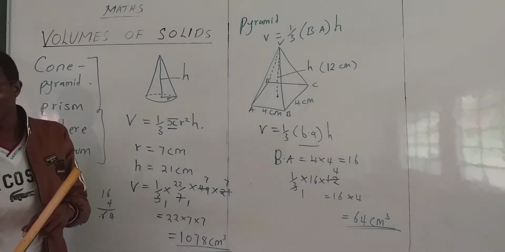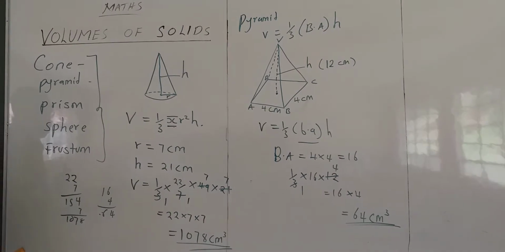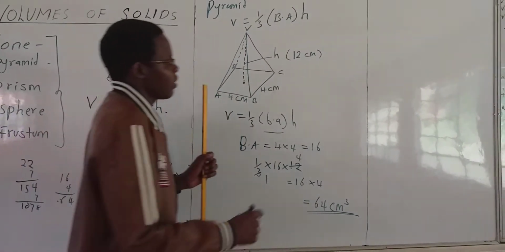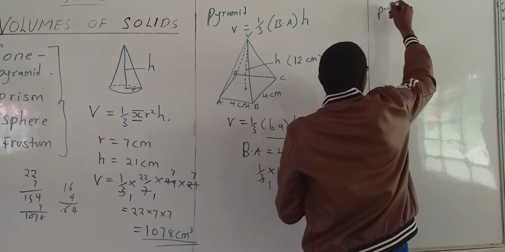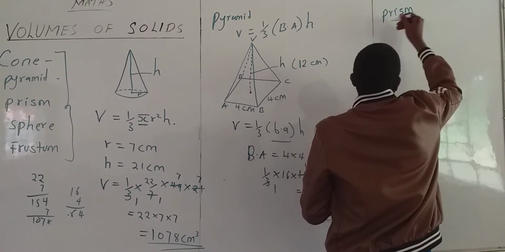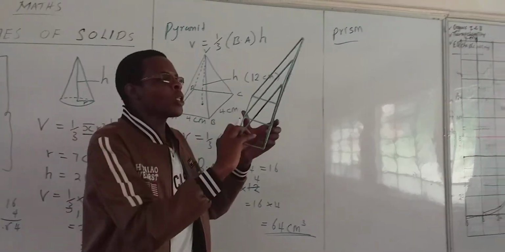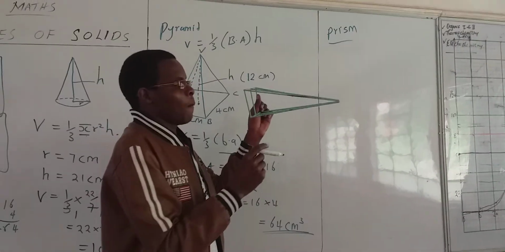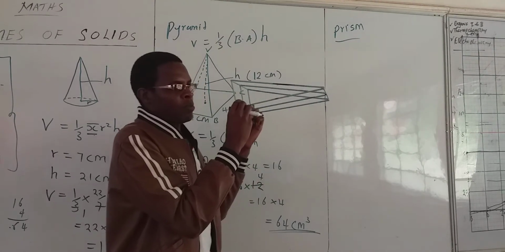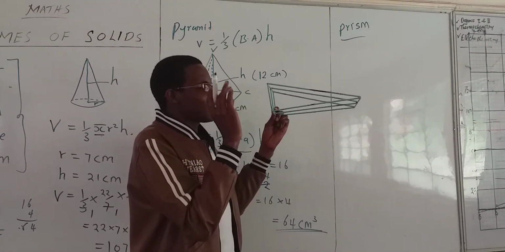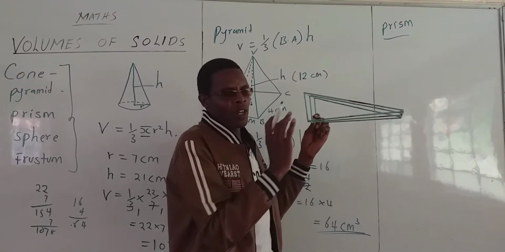Now, I want us to look at how you can find the volume of a prism. When we talk about a prism, this is what we have as a prism. This is the shape of a prism. Now, for us to find the volume of this given prism,